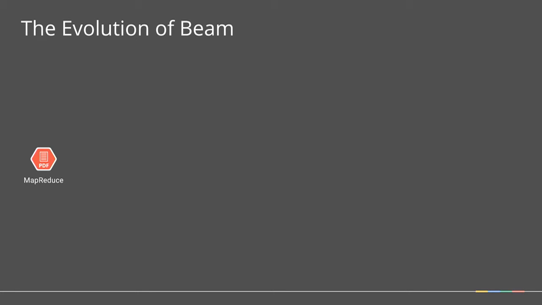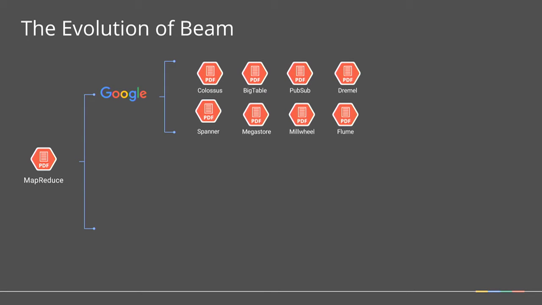So the evolution of the PIM. It all started with GFS, but MapReduce came after that, and it was really popular too. The MapReduce paper came out of Google in 2004 and sparked pretty much the big data industry at that point. So since 2004, within Google, we continued to evolve, to learn new things, build new systems, and we continued to